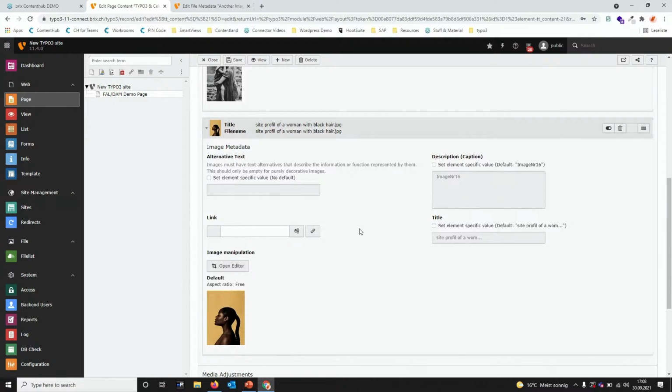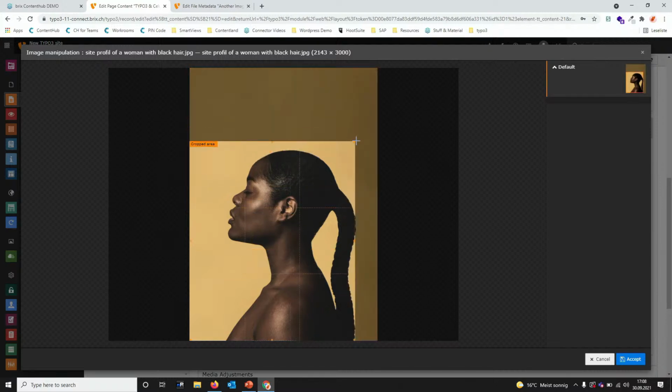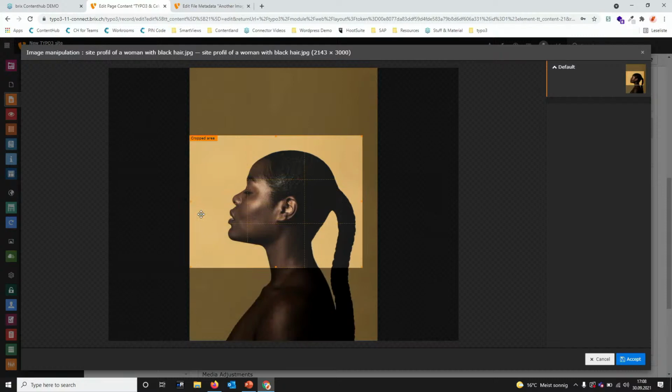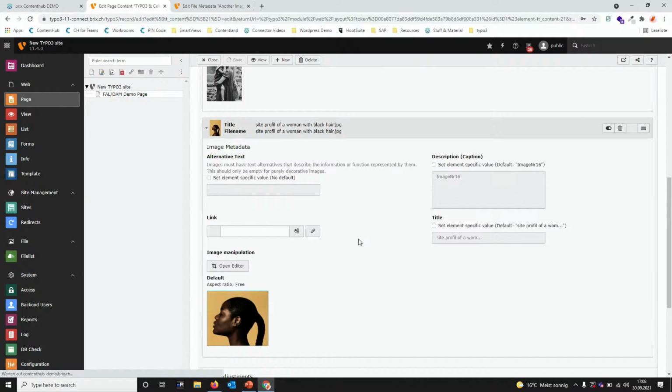So below the first one I can also manipulate it with the built-in TYPO3 image editor. So maybe I just need here a smaller part of the image. I can do that. I can crop it here. I can save the site here,